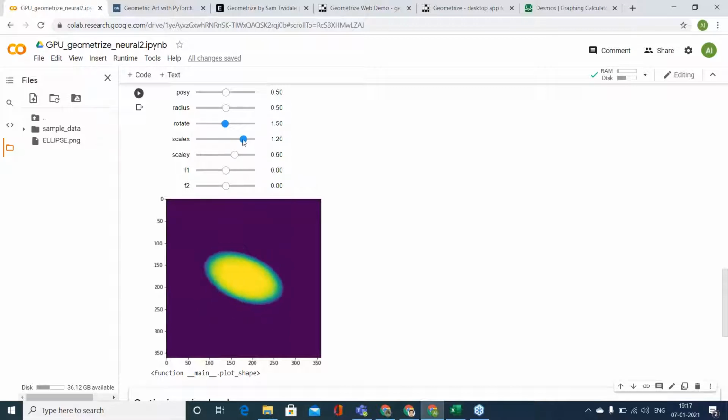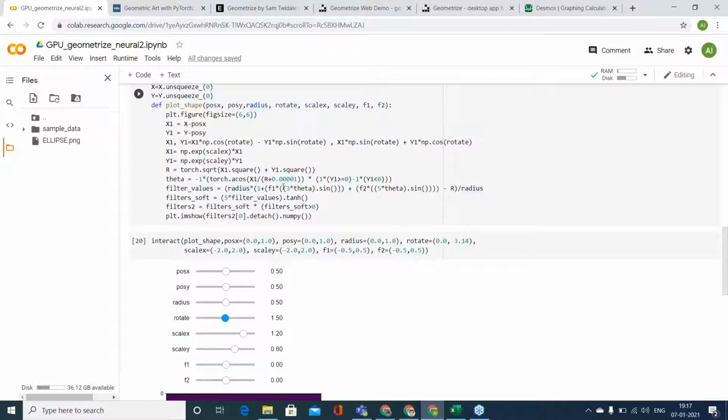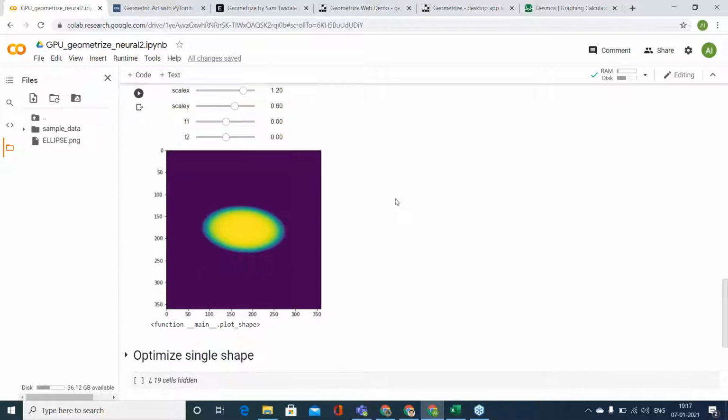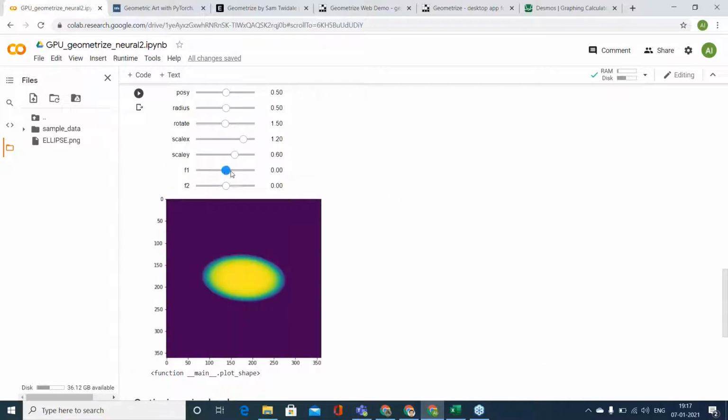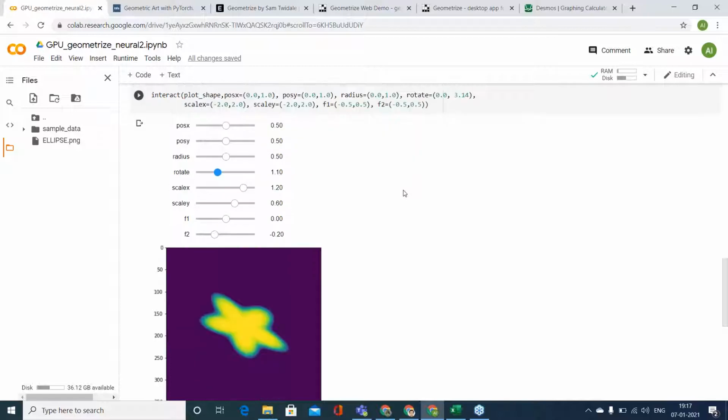Then this is a simple circle. Now what I have done is I have added Fourier terms also to it. You see, 3 theta, 5 theta. So it can take other shapes also other than a circle. So why am I showing you this? Because the algorithm we are writing, the model we are creating, will try to optimize these parameters. It will use these parameters to optimize the loss function.